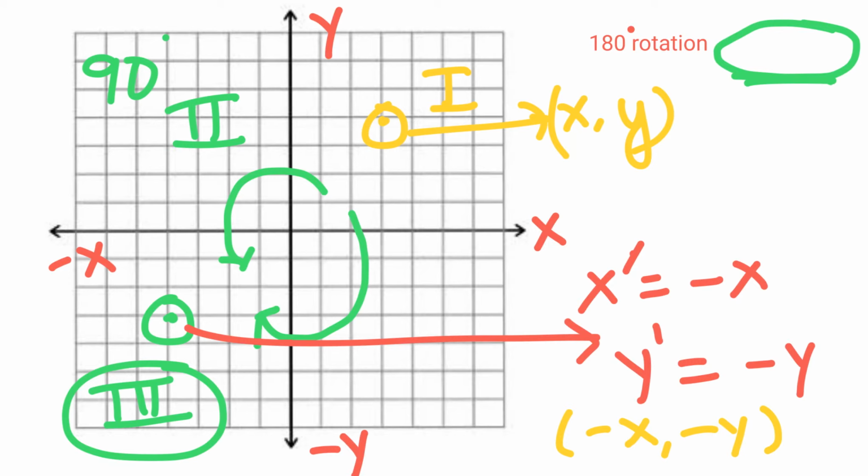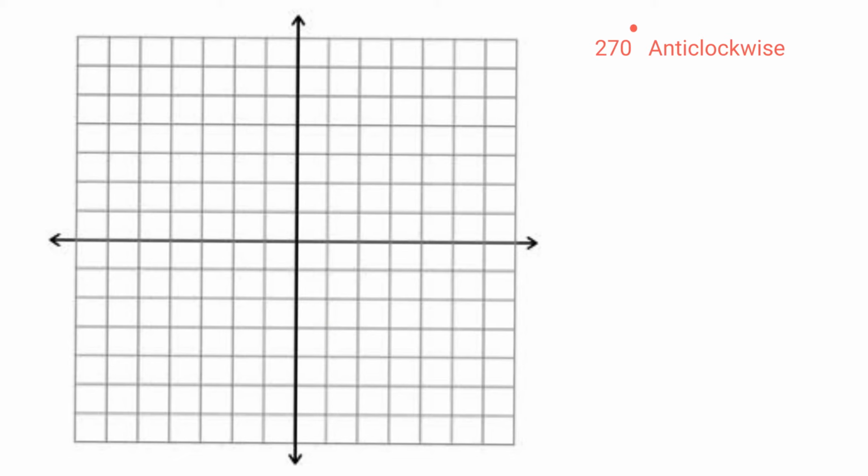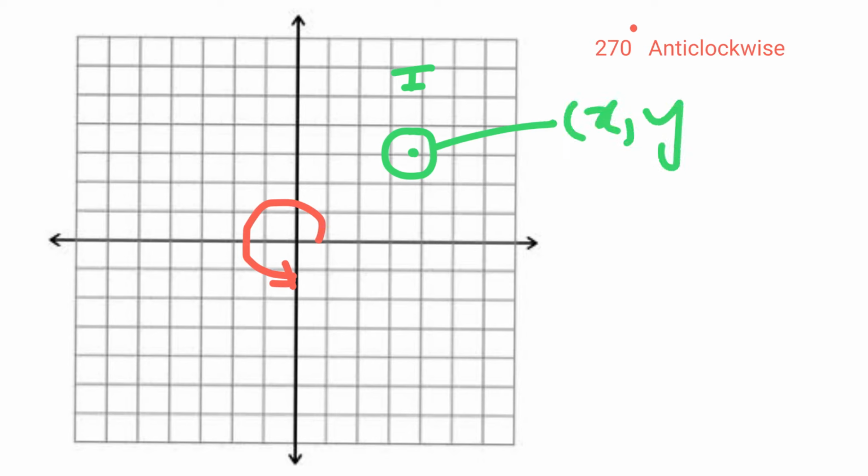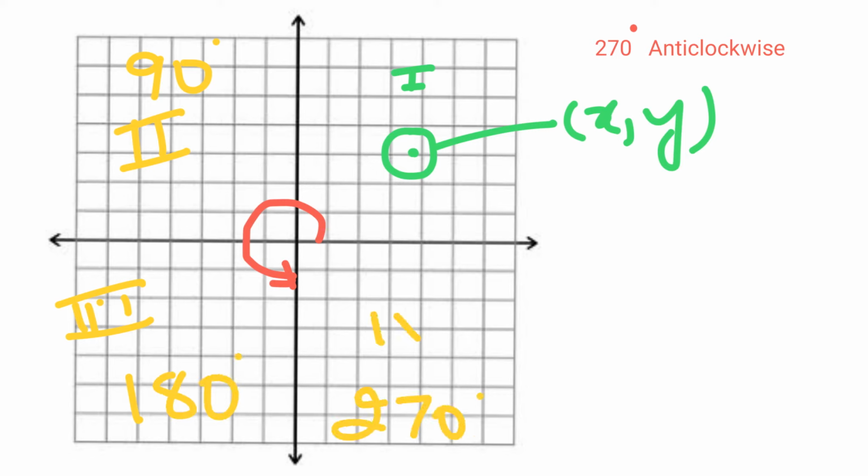Now moving along, if we do a 270-degree anti-clockwise rotation, so anti-clockwise would be this rotation, and the point that we have taken lies in the first quadrant, so the point is x comma y. Now after a 270-degree anti-clockwise rotation, the point lands up in the second quadrant after 90-degree rotation, third quadrant after 180-degree rotation, and after 270-degree rotation we land up in the